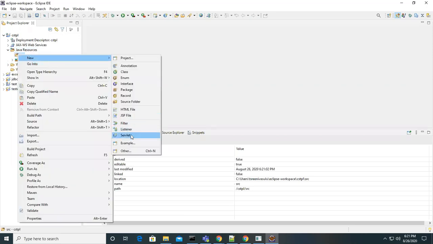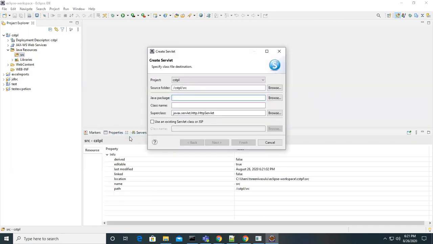New servlet program. You have to create a new servlet program. When you click on servlet, it asks for the package. Do you want to give any package name? You can give one, or it's not required if you don't want. I'm making it com.portstream as the package name, and I also have to give the class name, WelcomeServlet. Look at this, guys. A class name cannot be... oh, sorry, guys. What happened to this?